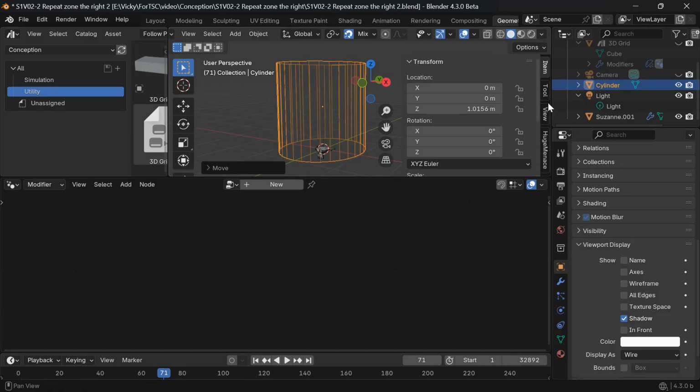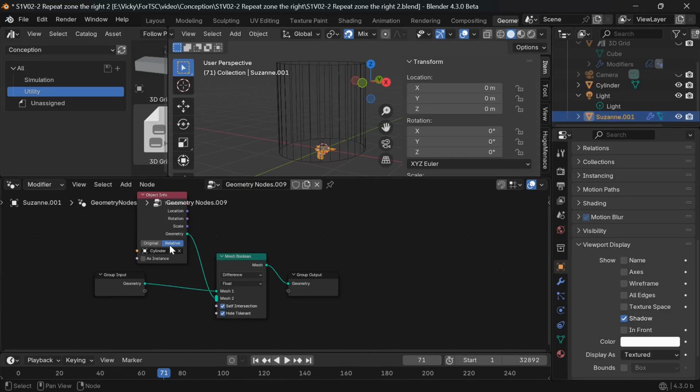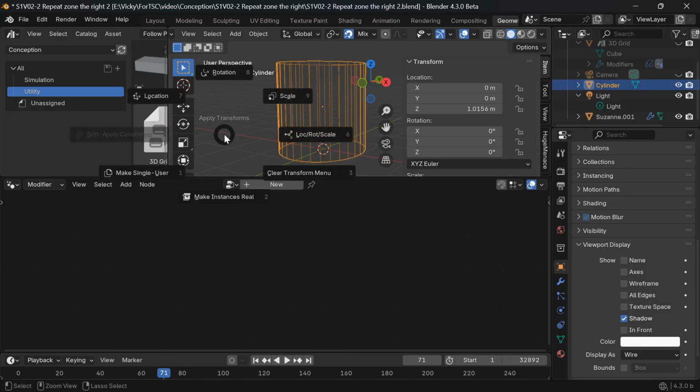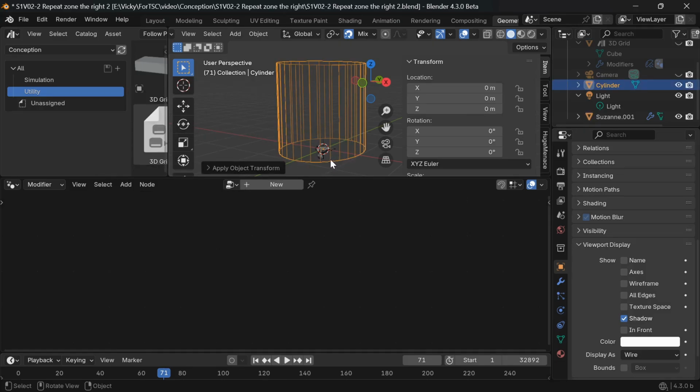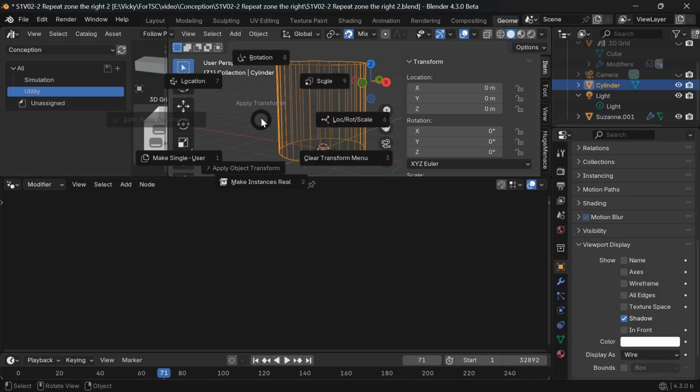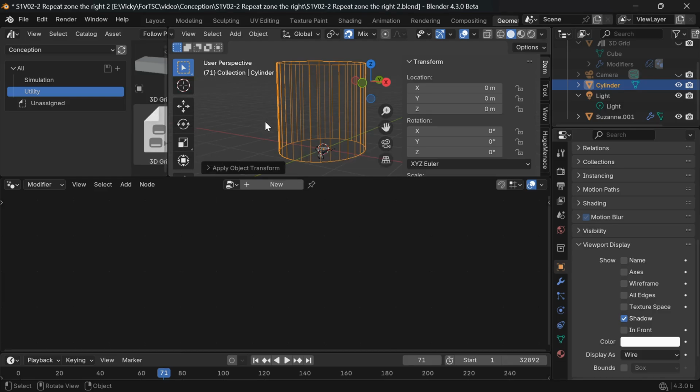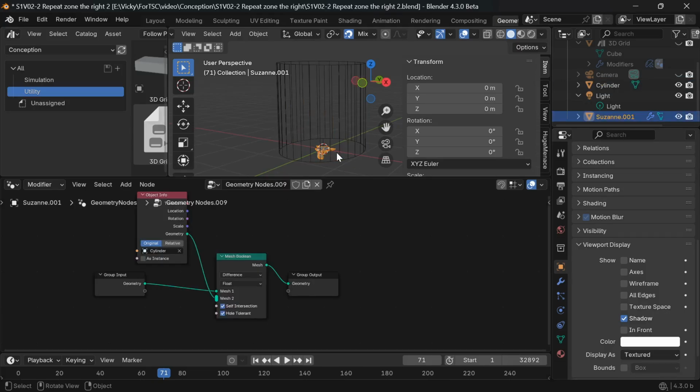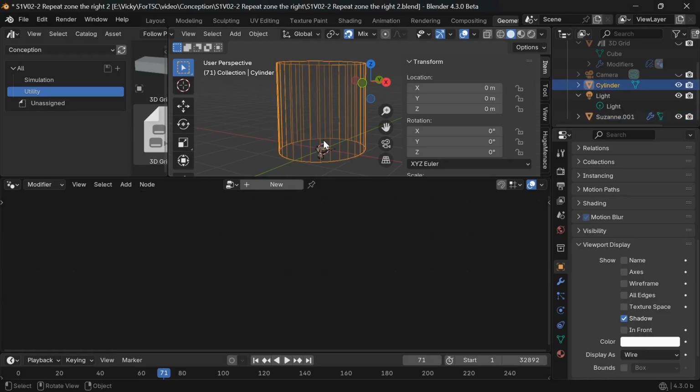You can apply transformation like you did with modifiers. I go back to Susan and set the node to original again and apply all the transformation with the shortcut Ctrl A. As you see, the transformation is all: the scale, the translation, and the rotation. Doing that puts the dot in the center of the world, and now the Boolean works again. So you can move the object which makes the hole in the 3D viewport to change the position of the hole in your part. But let's do the same with the transform node in the geometry node.